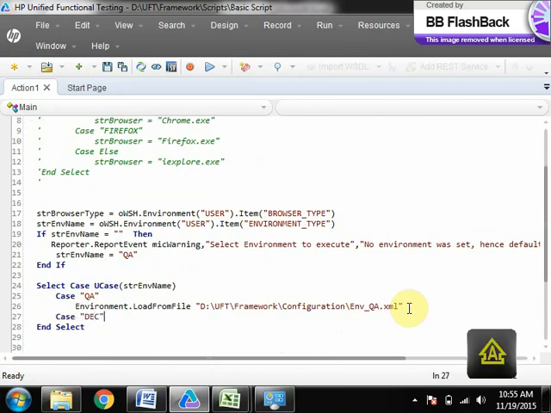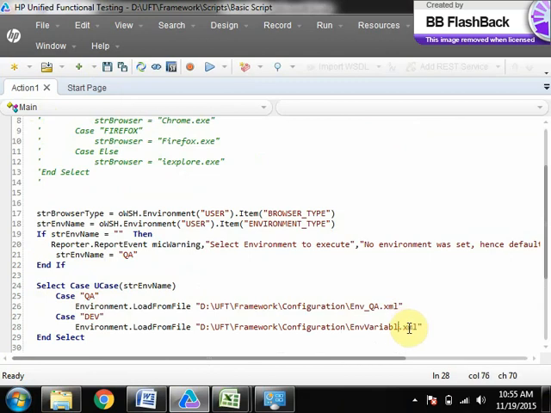Case dev, environment dot load from file dev.